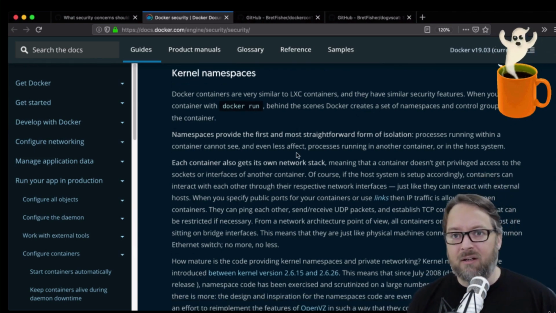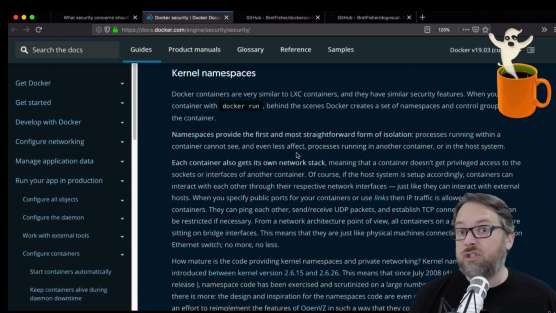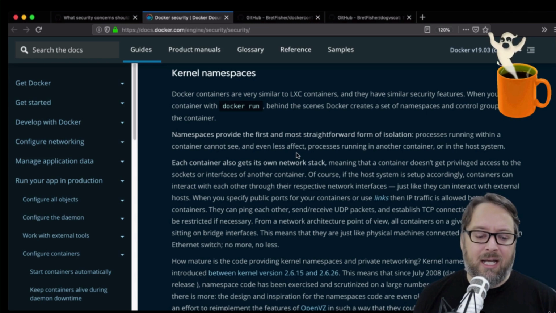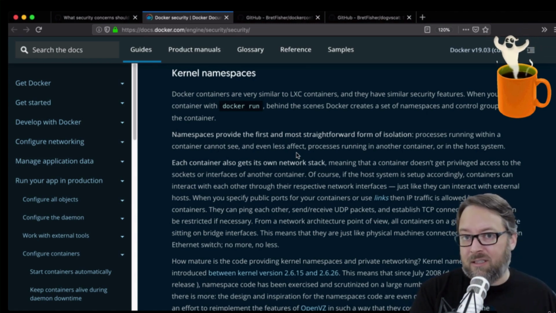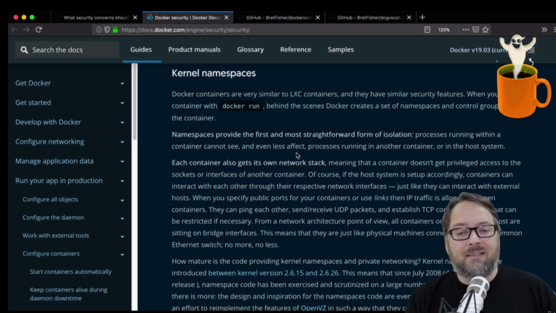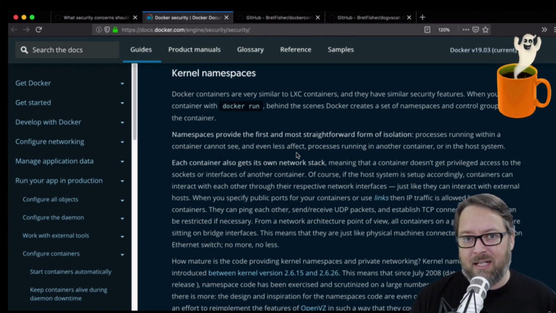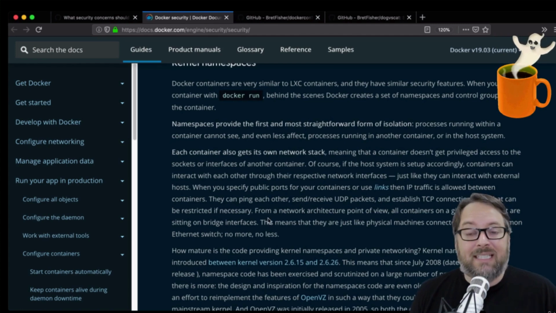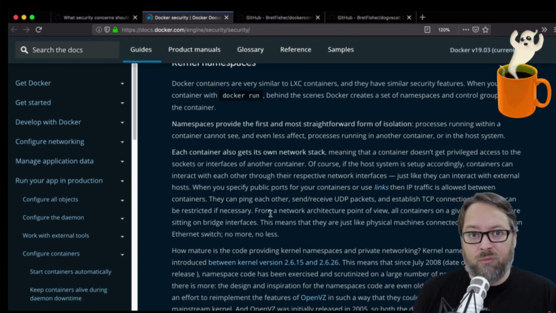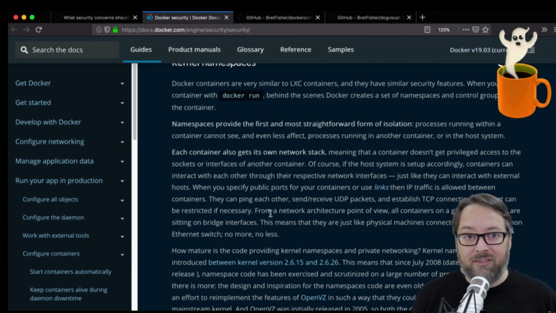It gives your container its own NIC. It's a virtual NIC just for that container. And it gives it its own file space where it doesn't see the rest of the file system, and it doesn't let it see other programs running outside of that container. So it's about its access and view, right? That's namespaces. And that just works out of the box. That's how Docker makes a container run without seeing everything else on the system.